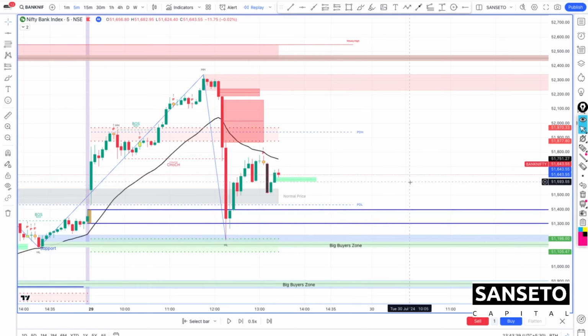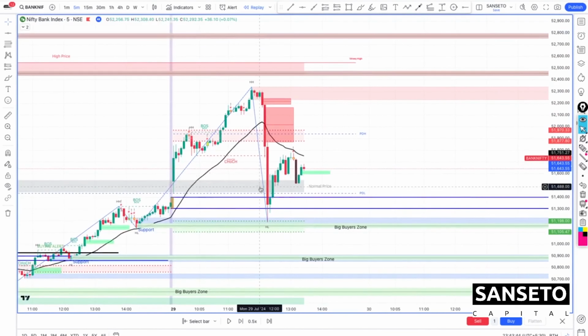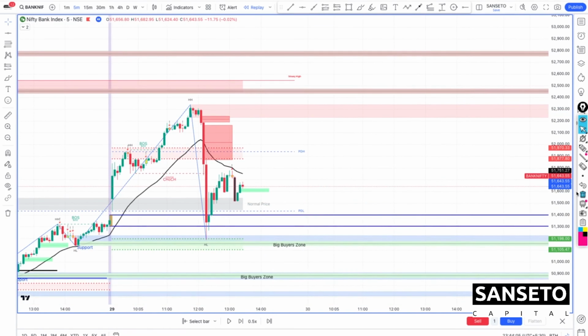Okay, so now the market is on an uptrend. You can see from discounted price it went to normal price, then from normal price it went to high price and came to normal. So the high possibility is that it should continue its direction, or it should come back and take these orders. Okay, if this is coming down, these are the targets we are supposed to work on. If this is going up, these are the targets: this change of character, this previous day high, this break of structure, and this higher high. These will be the upside targets. Okay,